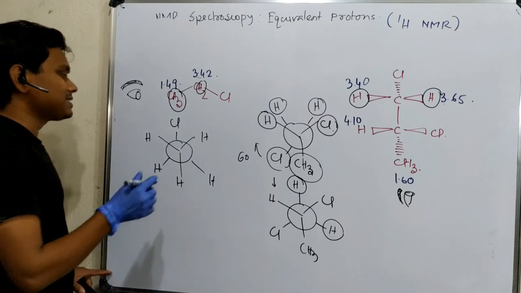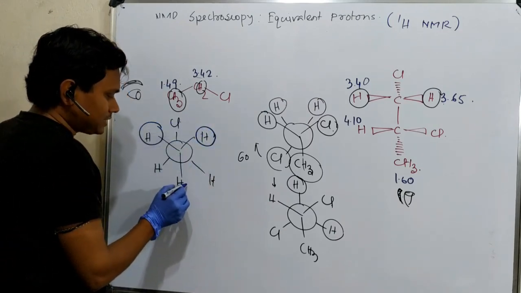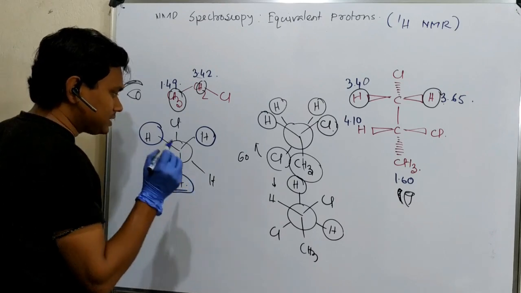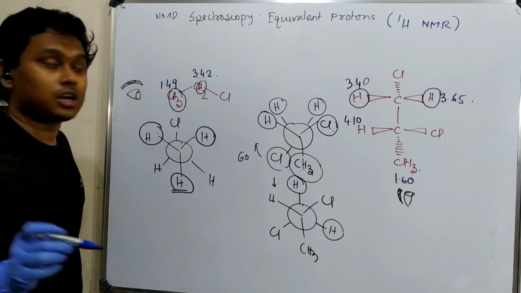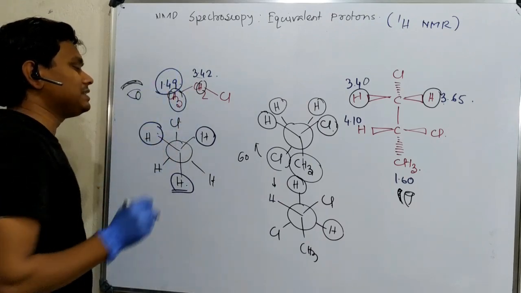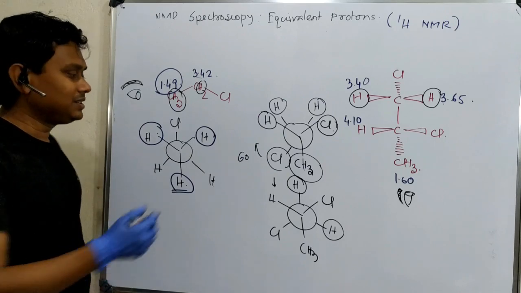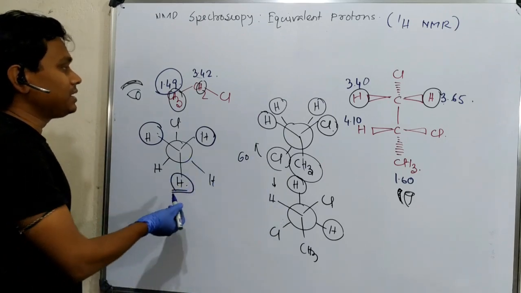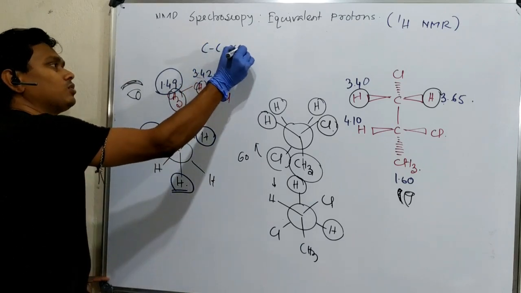Now see, you may consider that these two hydrogens are closer to chlorine versus this one. So if I consider that, these three should not have been equivalent, but from the NMR analysis we observe that they are equivalent. Question 1. In this case, why is this different? In this case it is not, because of CC rotation